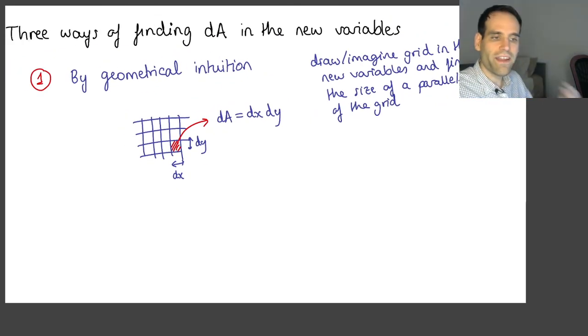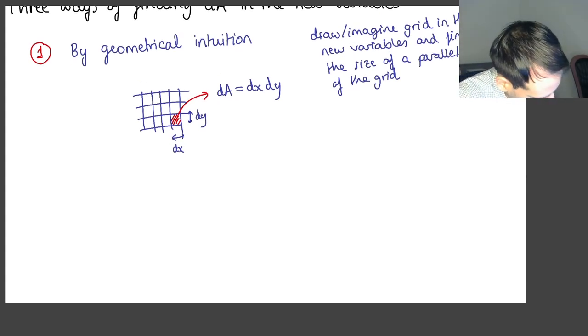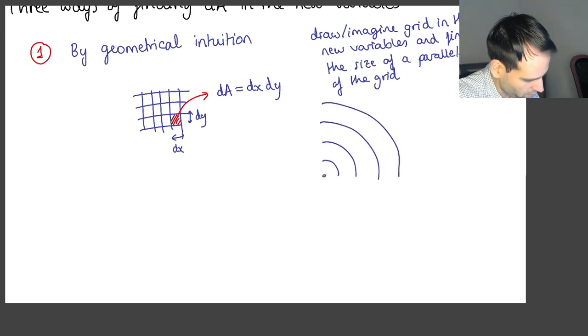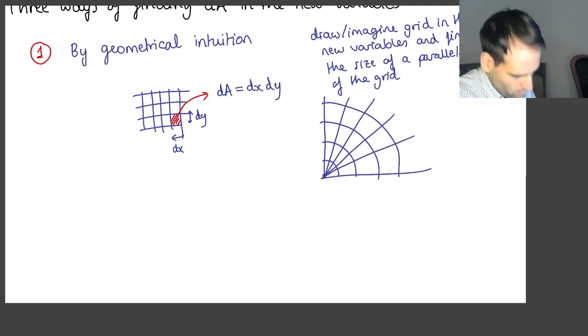But when you change variables, you are changing the way you split the region. So for example, if you are using polar coordinates, so you are using rho and phi, the lines of constant rho are circles like this. So here is the origin. And the lines of constant phi are radial lines like this. So now you need to find the area of one of these